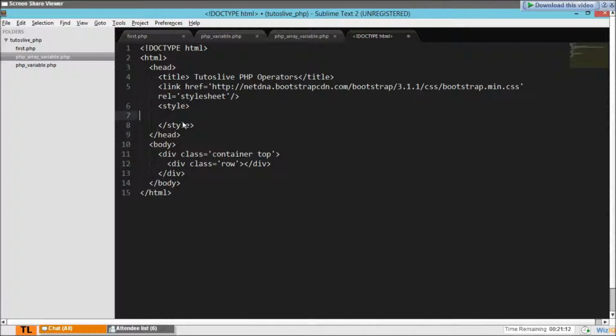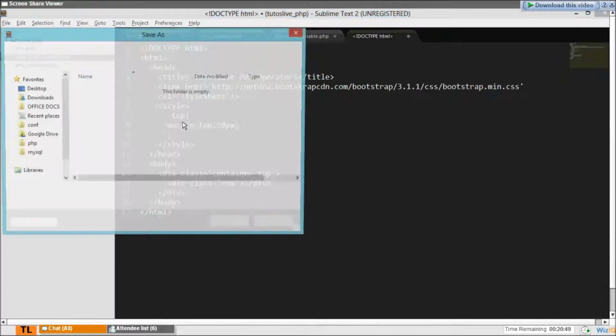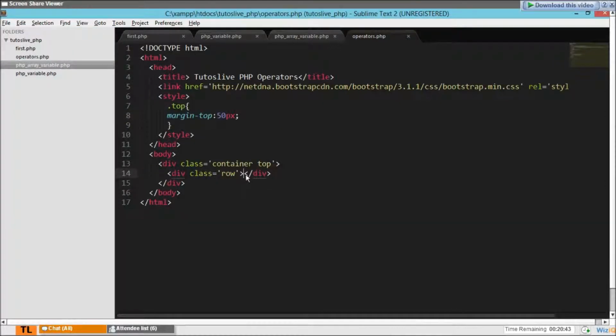For the top class, what I usually do is give a margin top, let it be 50 pixels. Alright, let us save this as PHP operators.php. Right, this works.